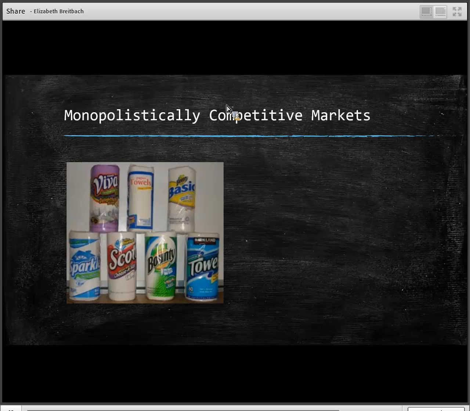All right, so I want you to go through these different markets and think about how you would best describe each of the following markets. Think about the number of sellers. Think about if they have the ability to differentiate their product, or if their product is exactly the same as all other sellers. How many brands are available? Advertising can also give you a key hint, because advertising is only going to occur in those in-between markets. Only when products are differentiated are we going to see advertising occurring. All right, so I'll give you a few minutes, and then I will go through the answers with you.